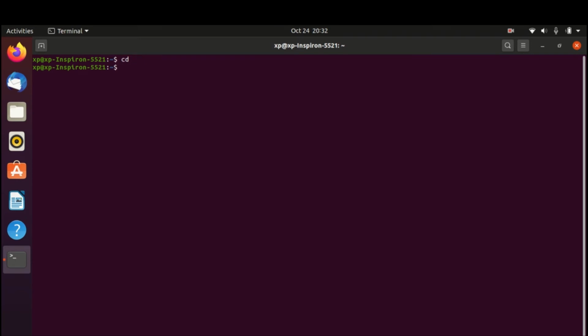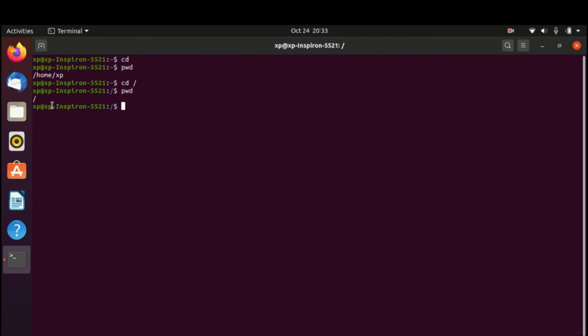Now cd is change directory. Again you can see pwd. You are in the current directory. If you type cd /, it will take you to the root directory. The root directory is the main directory of Linux that is represented by one slash, forward slash.